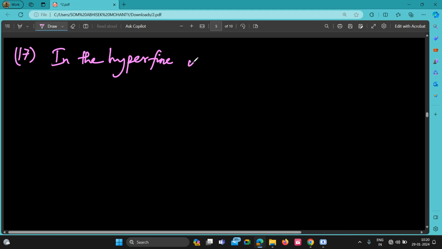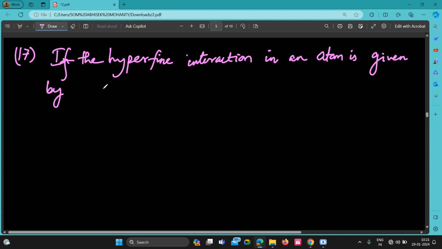In the hyperfine interaction in an atom, if the hyperfine interaction is given by H is equal to A